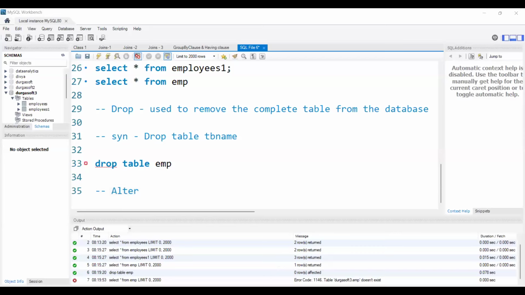So next we have the alter command. Alter command is basically we have some 4 to 5 use cases in the alter command. That means we can use the alter command in different ways. Let's see each one of the ways. And the first way is